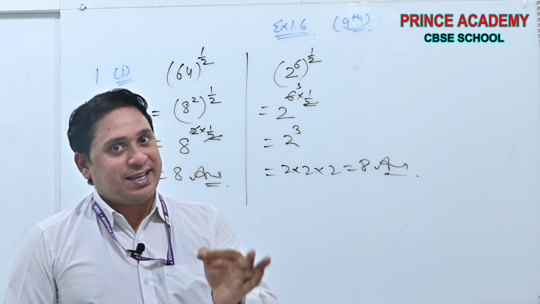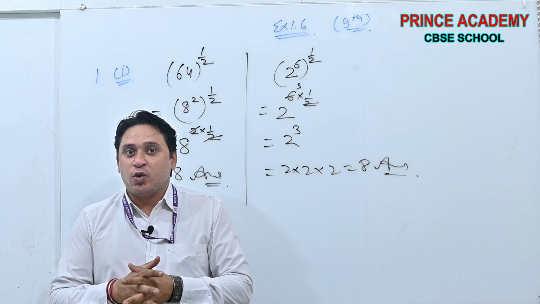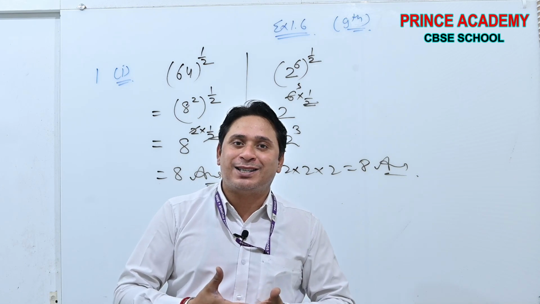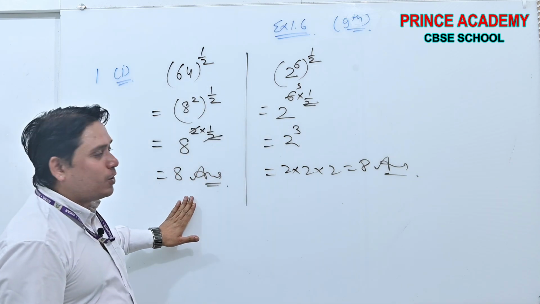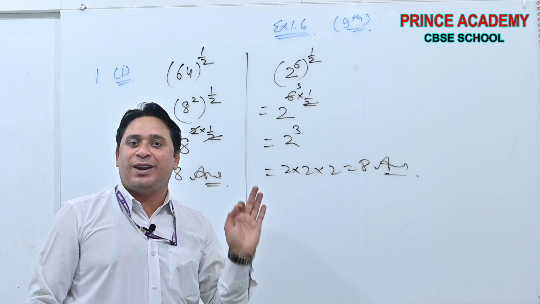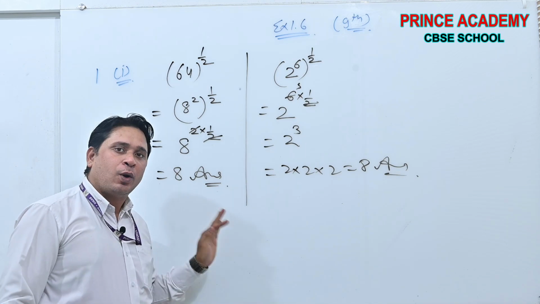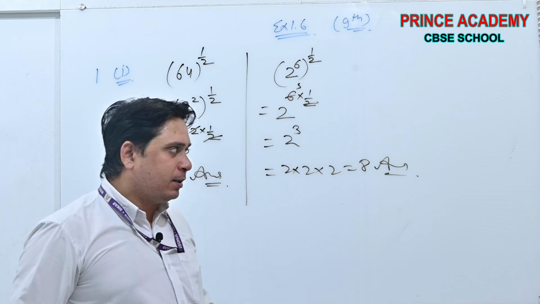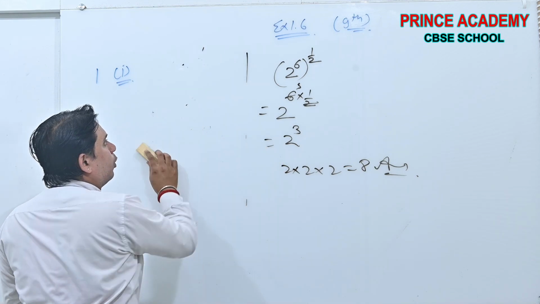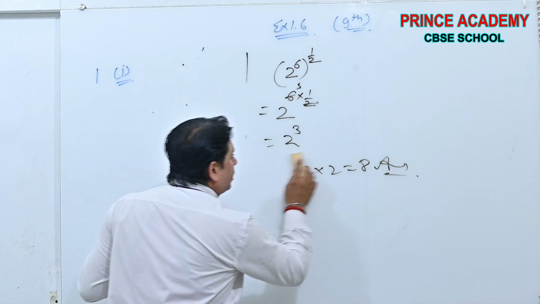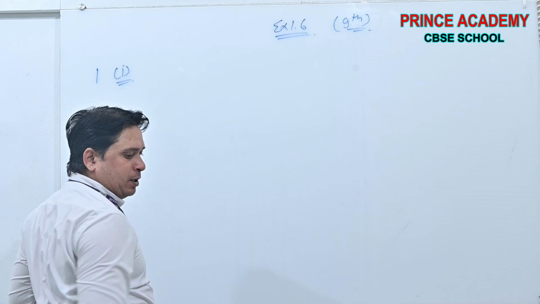But beta, choice is yours. Choice is yours whether you want to show yourself as a smart student or an ordinary student. Okay beta, it is also acceptable. Do not worry. No one will cut even a single mark. Okay, but choice is yours. Okay, done. First part done. Now we are going to solve the second part. Oh sorry, you have to take the screenshot. If you have not taken it, just rewind a little bit and take it.